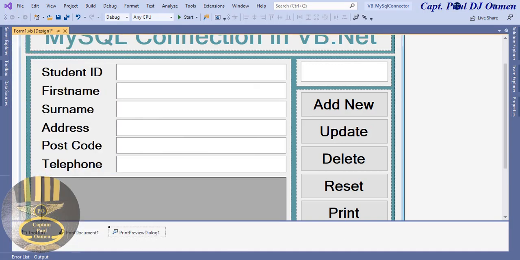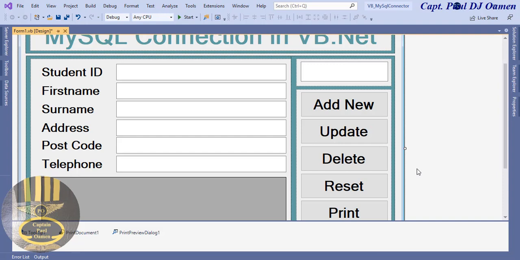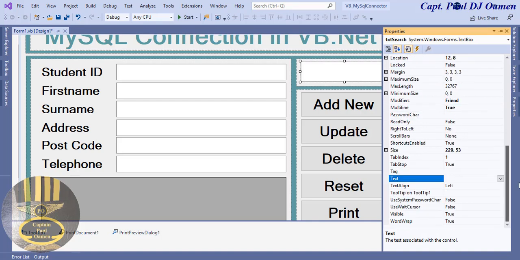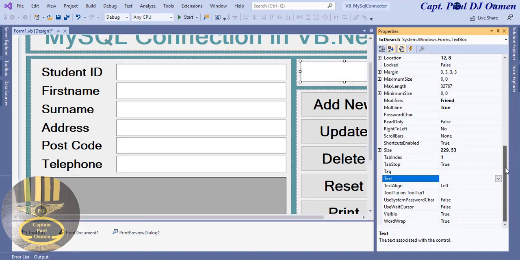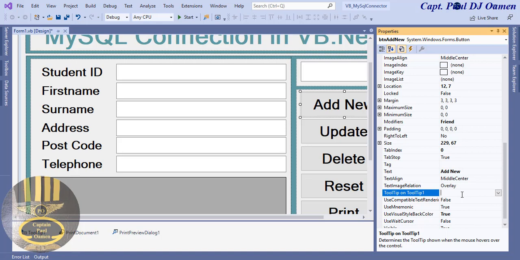Let's select this print dialog and come straight to the property here. You see where we have document in the property. Let's change that to print document 1. There, that's taken care of. Okay, all of these I'm just going to select them individually and come right down here. You see where we have the search. I'm just going to type in there search, and I'm talking about the tooltip. That's going to be add new, change that, add new,